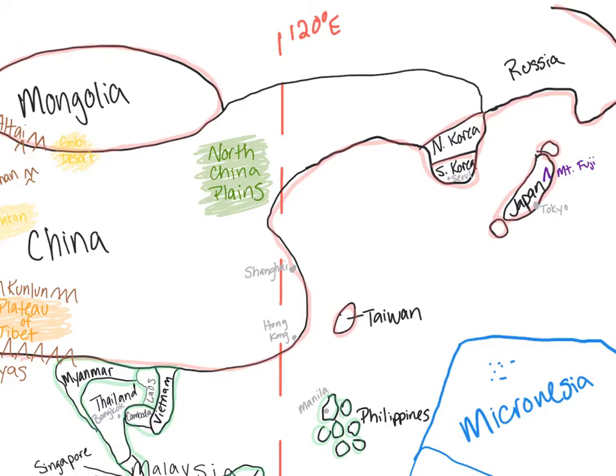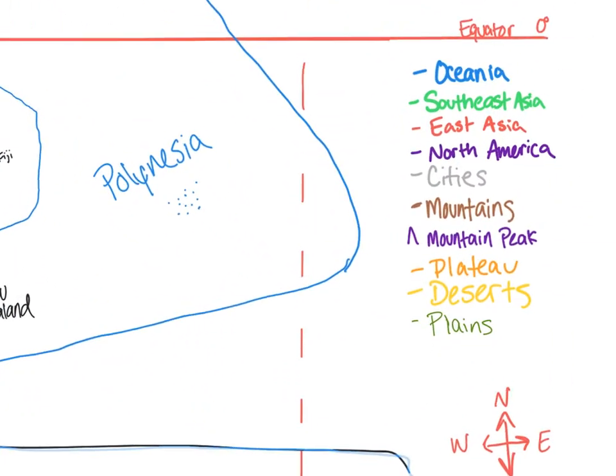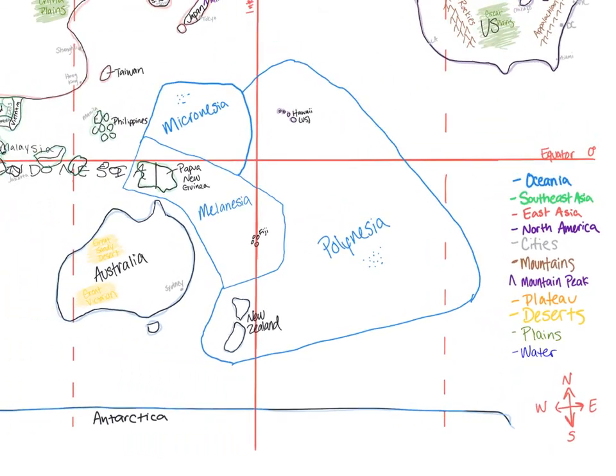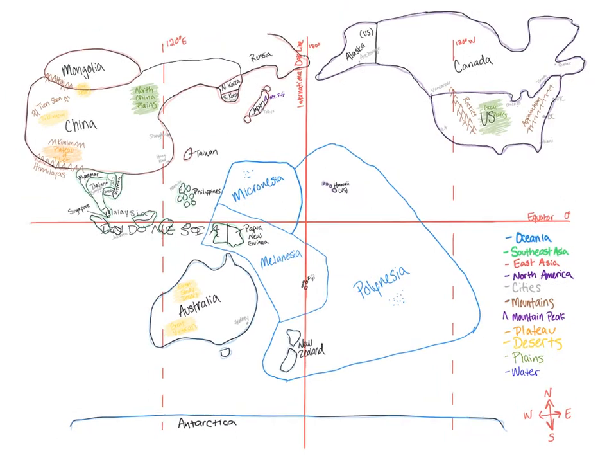And then the last thing we'll do is that we will label our water regions. I'm going to do it in bright blue. Okay, add that to our key over here. Okay, so with our water regions, we have a lot of things to label here. We will start with